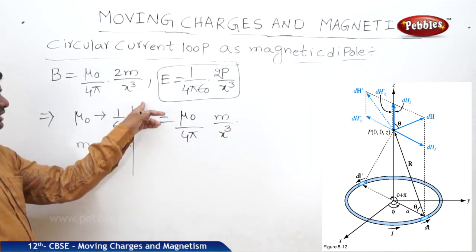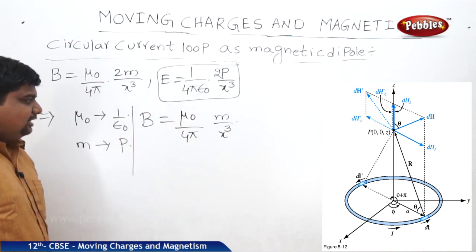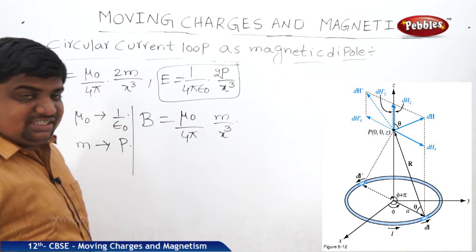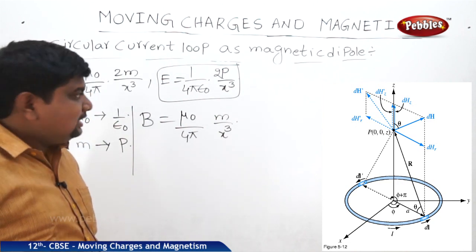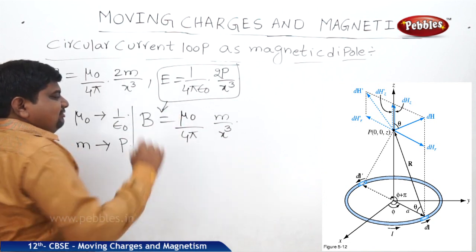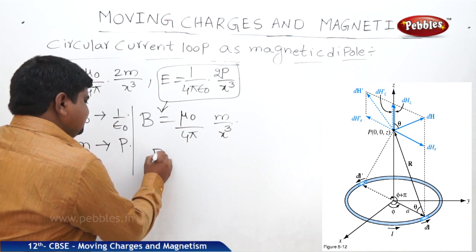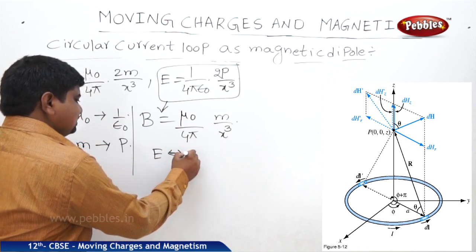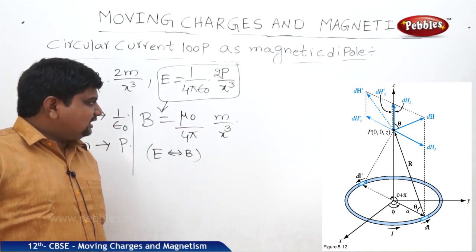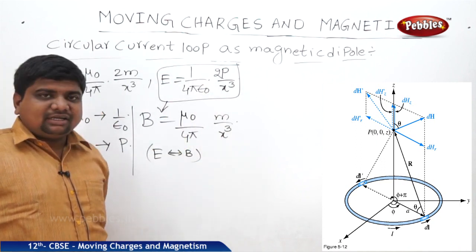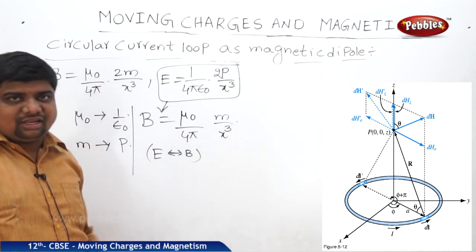See here, it is a perpendicular one 2m, plane loop m. Here also p and 2p variable. So such like that, we can change the equations with respect to the bisectors and positions. So this E and B values are changing in the same ratio. That's why we can link these two with respect to each other. If magnetic momentum is increased by twice, electric dipole momentum also increased by twice, along the bisector or along the point.